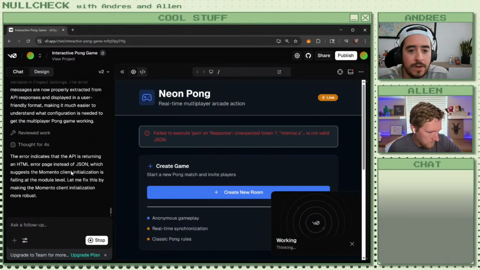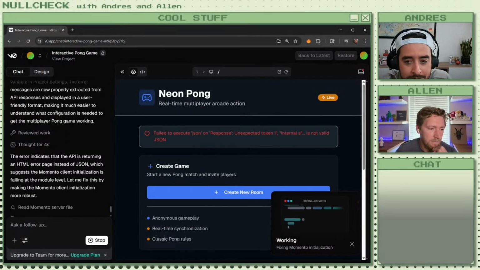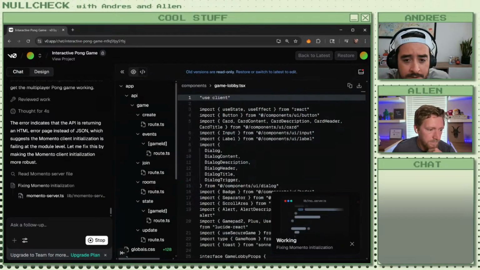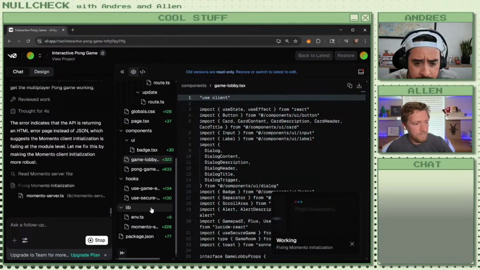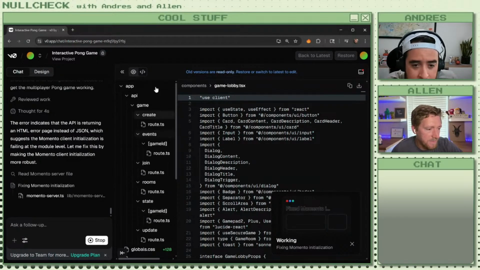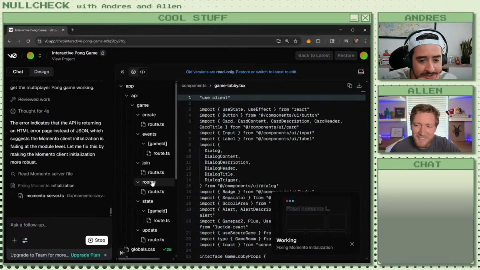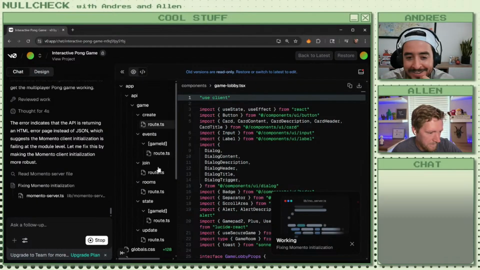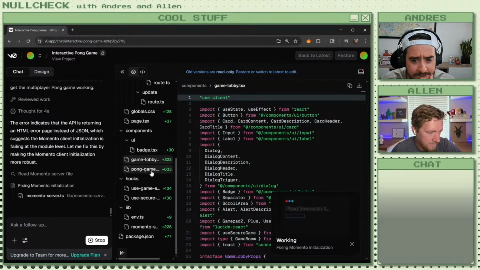So on the top middle, kind of, there's the code block icon. Click on that. Ah, here it is. Not that many things. Which is good. I mean, we intentionally are building a simpler game, just one round. It's like two routes, right? It's the lounge and the game lobby.